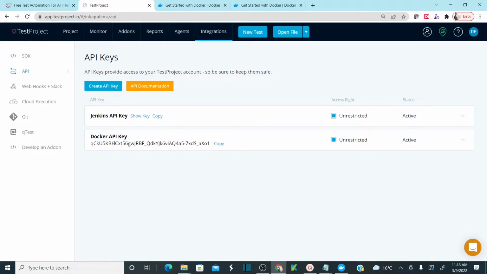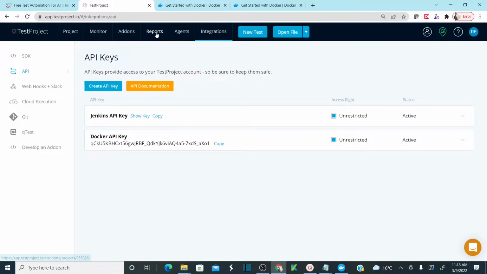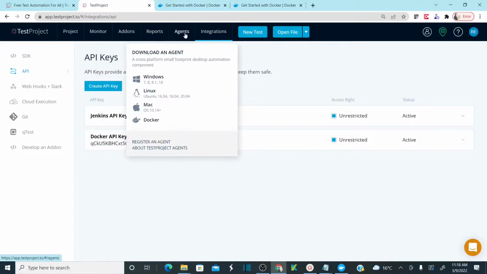So what is the key? This is the key. I want to copy the key. Keep the key ready. Now to install the agent, let's go back to TestProject. Earlier in my previous videos, when we were installing the agent on Windows, we selected this, right? Or if you want to install on Linux, you need to select this. Now, if I want to install on Docker, click on this. It will route you to the